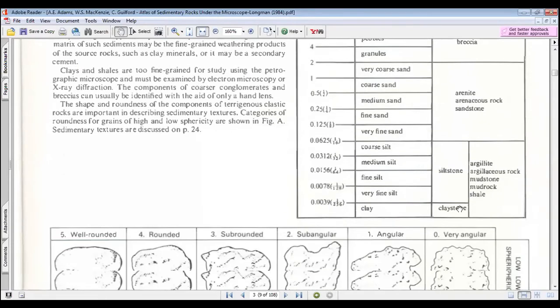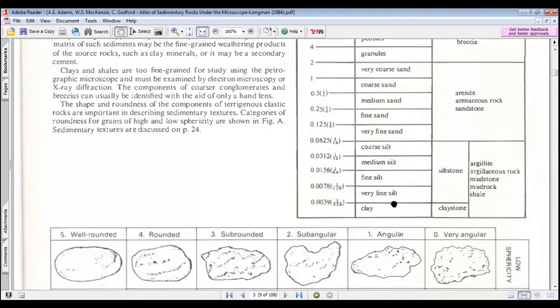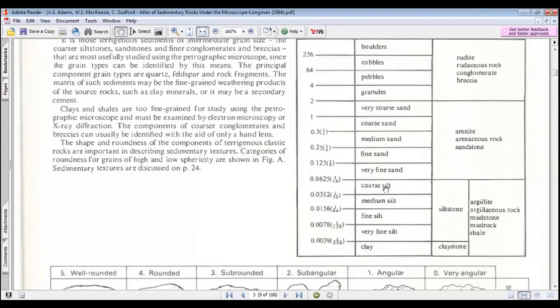However, for these very fine-grained rocks, as you know, there is a lower limit of studying them under the thin section, and maximum magnification cannot even resolve the very fine silt or claystone. So we solve this problem. We use XRD, X-ray diffraction, or we go to the scanning electron microscope, as we studied in the initial classes with the types of microscopes. Then we study these rock types under these conditions.